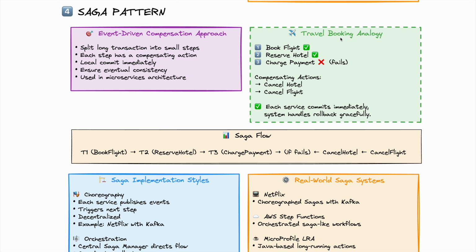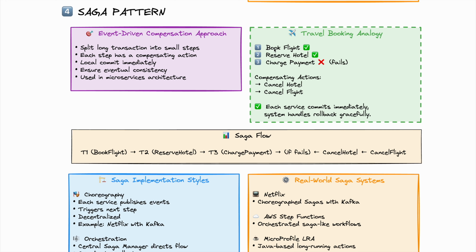What does that mean? For example, let's take again this example of travel booking. In the travel booking, we need to book the flight, we need to reserve the hotel, and we need to charge the payment, right? And these are all different services. These are all different microservices. So let's say that in this case, for the charge payment, if that fails, we are, unlike